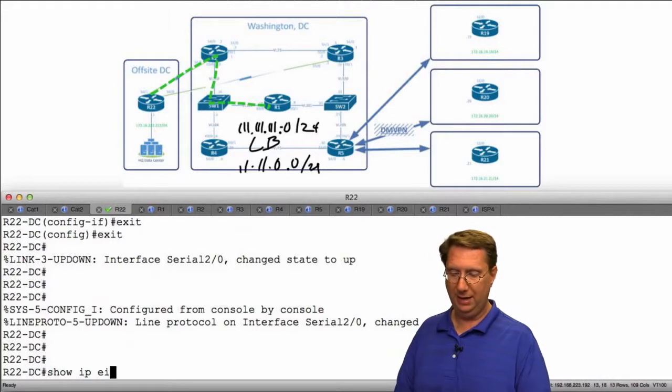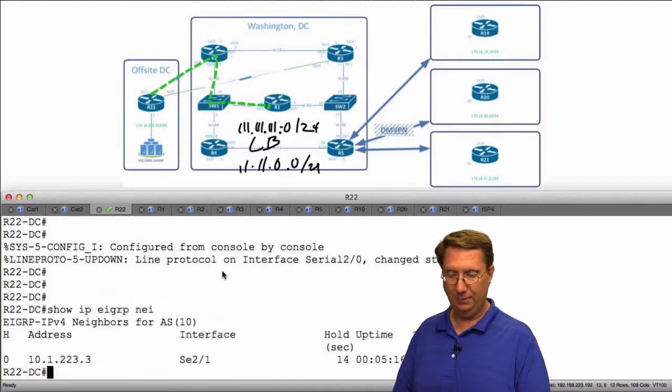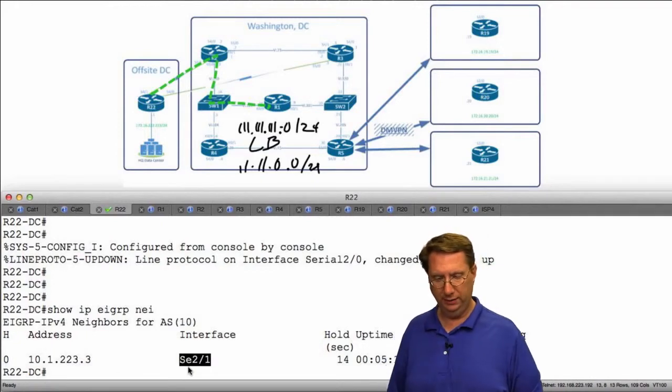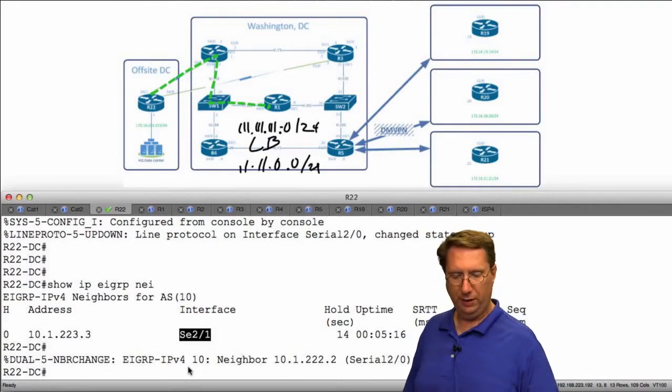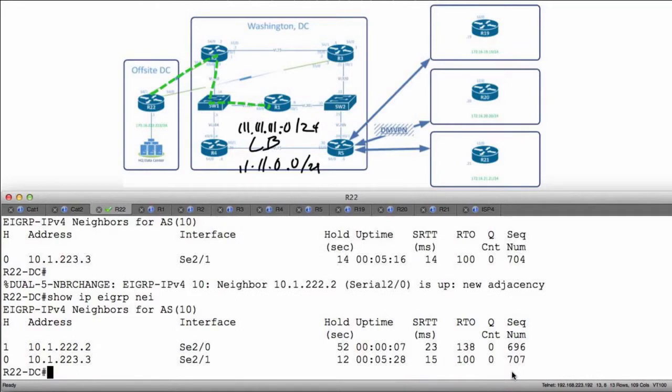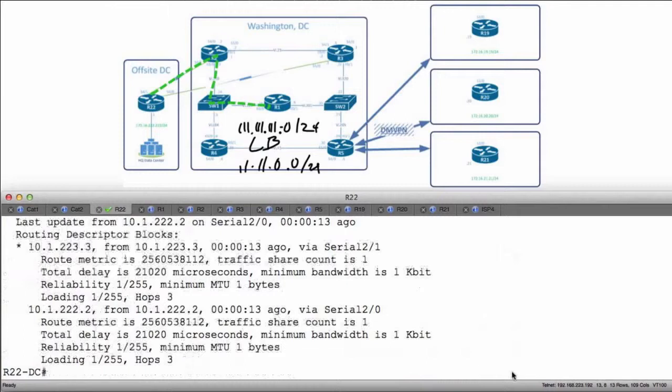Show IP EIGRP neighbors. See 2.0, 2.1. There we go. Now we've got an adjacency. I'll go ahead and get myself out of this. New adjacency. Let's make sure that we are paired, and we are. And now when I look specifically for this route, show IP route, notice it is